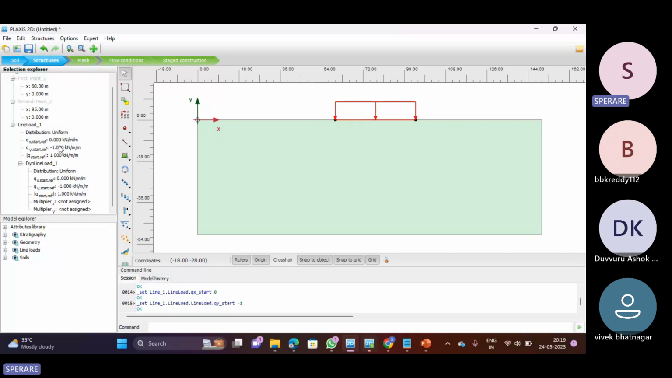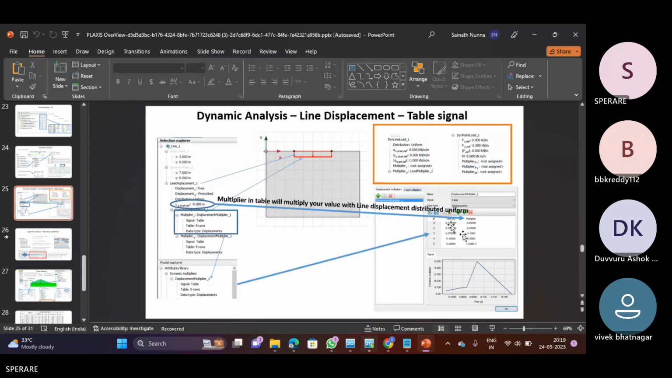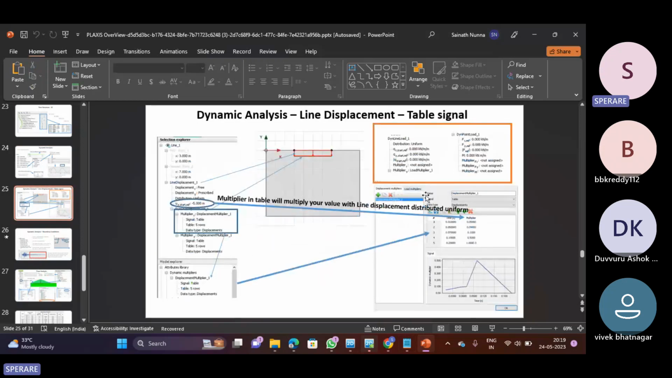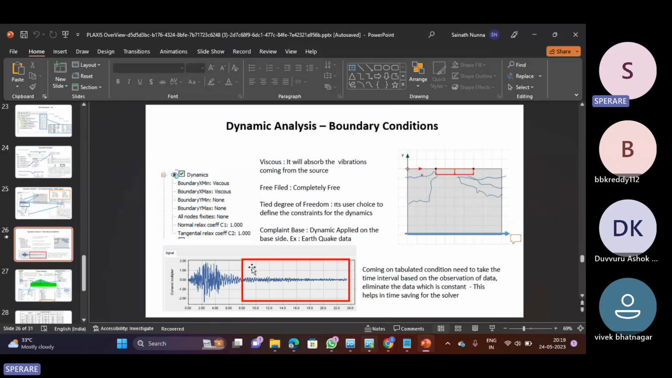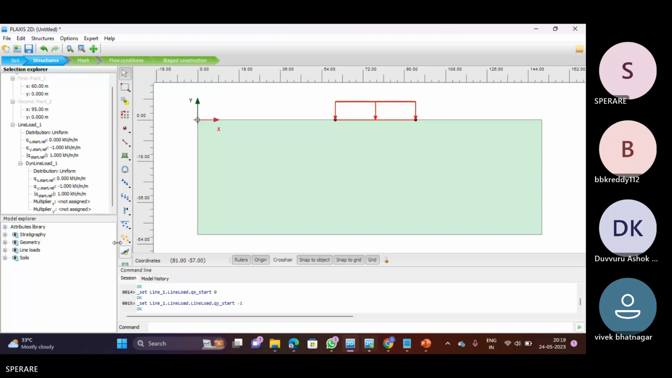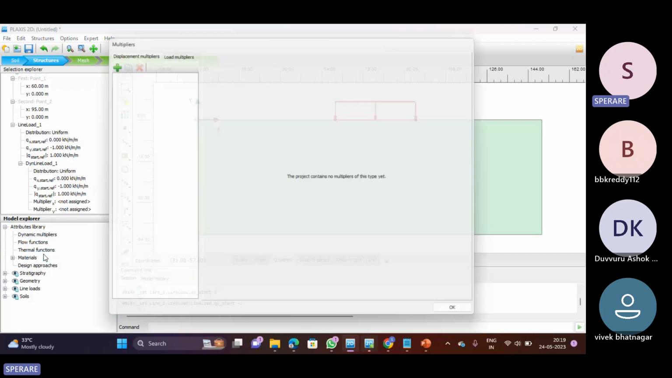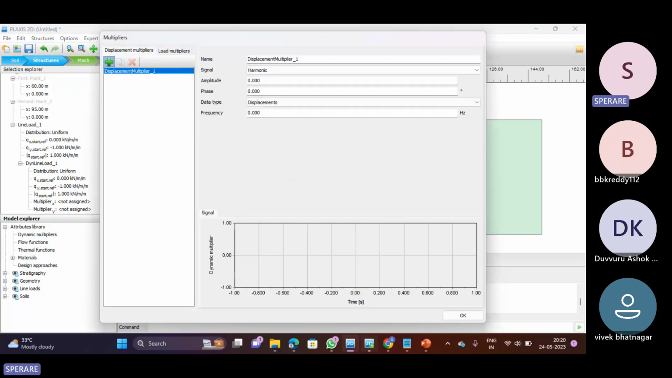After setting up this particular thing, now I need to tell it whether whatever I have created just now is a linear one, like a harmonic response, or something like a tabulated response that I need to feed. To feed those values, I can go to the attribute library, to the dynamic multipliers, right click on the dynamic multipliers, click on the edit button, add this displacement multiplier, and name the displacement multiplier